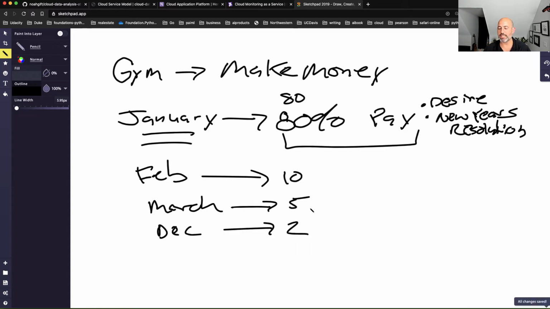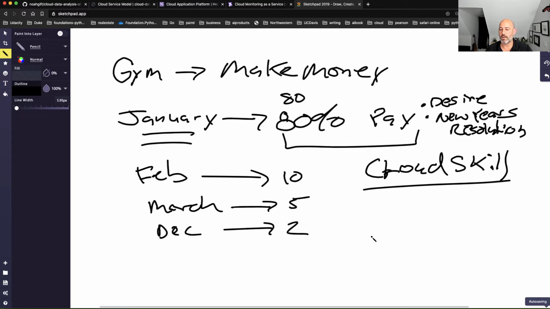It's a little bit like that same model with cloud computing, where your skill level in using the services really dictates whether you're successful. So the cost could be, let's say, here, and then maybe your skill is here. And so the people that are really skilled, their cost is here. Or I'm sorry, the people really skilled, their cost is low. And then it basically goes down, right? The less skill you have, the higher your cost, right?